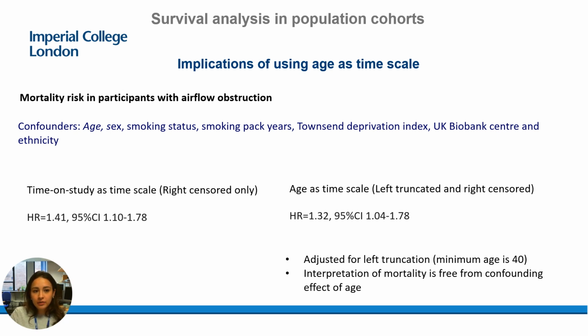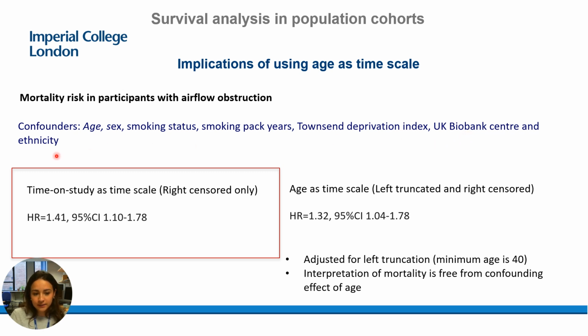So in here, the results are using both approaches when estimating mortality risk in participants with airflow obstruction. I've adjusted the models for different confounders, in this case age, sex, smoking status, smoking pack years, Townsend deprivation index, UK Biobank center, and ethnicity. The traditional approach, using time on study as the timescale and so only accounting for right censoring, resulted in a hazard ratio of 1.41. That means that the mortality risk in people with airflow obstruction is 1.41 times higher than in those without airflow